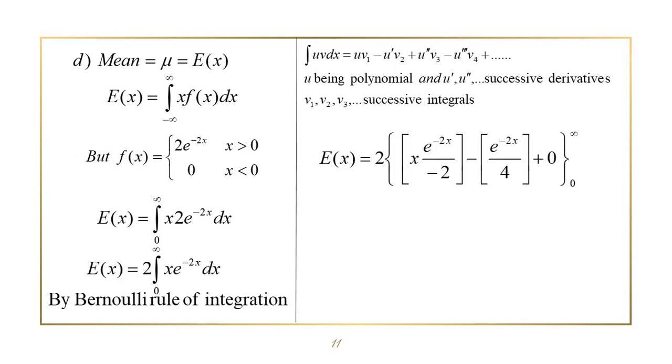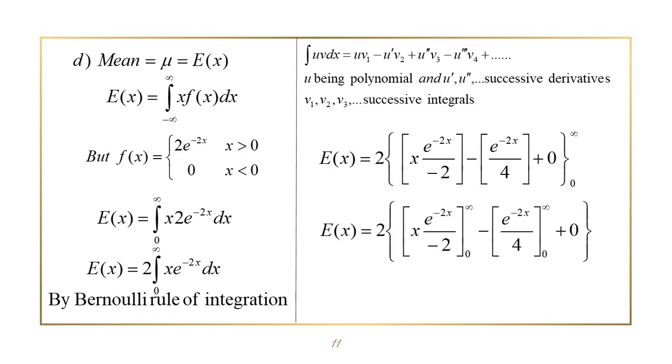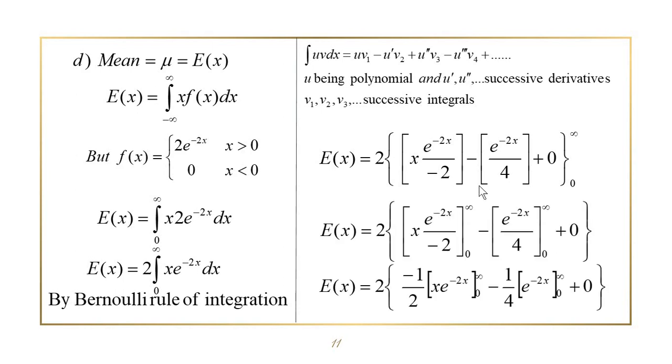After using that integration and substituting limits for each term, now I am going to evaluate this one by one. We have to put the limits for this term as well as for this term. Now I am going to evaluate this in a rough work. Here we have to substitute upper limit and lower limit. Upper limit is limit x tends to infinity, x into e raised to minus 2x, and lower limit is limit x tends to 0, x into e raised to minus 2x. Upper limit minus lower limit.